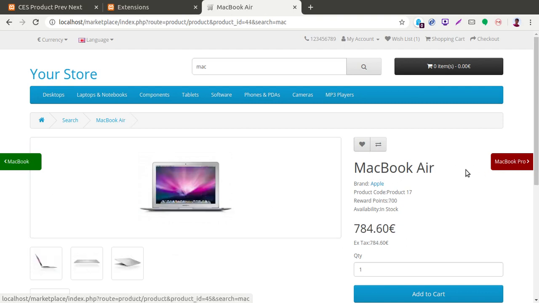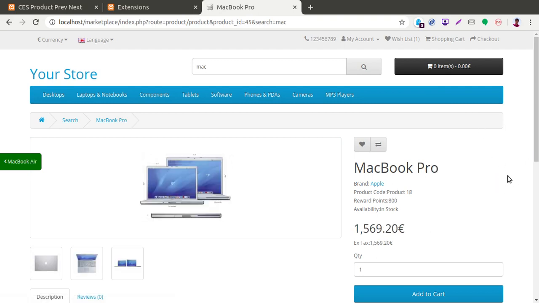So you can go through and jump to the next product one by one. Here you can see there is no next product showing, so it means we have come to the end of this previous next option.